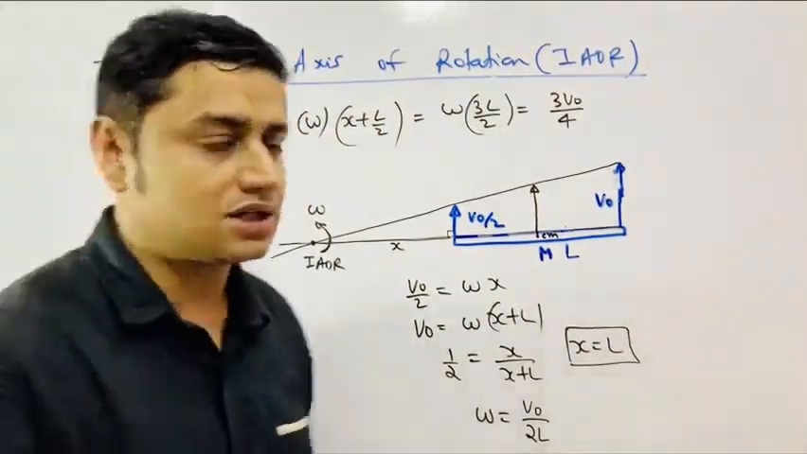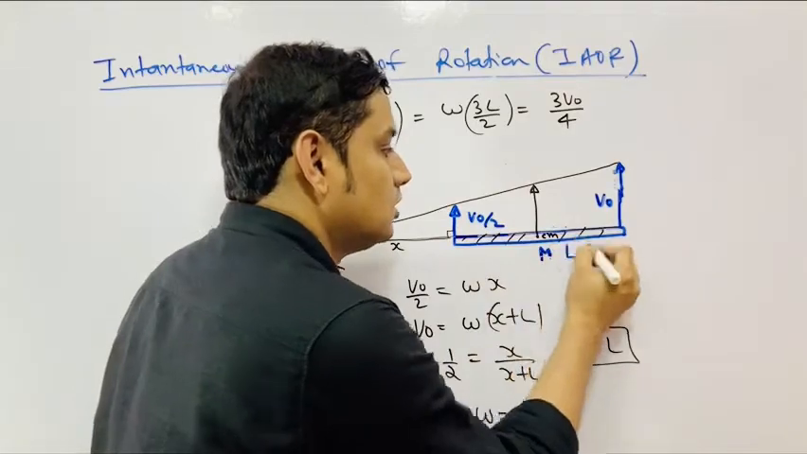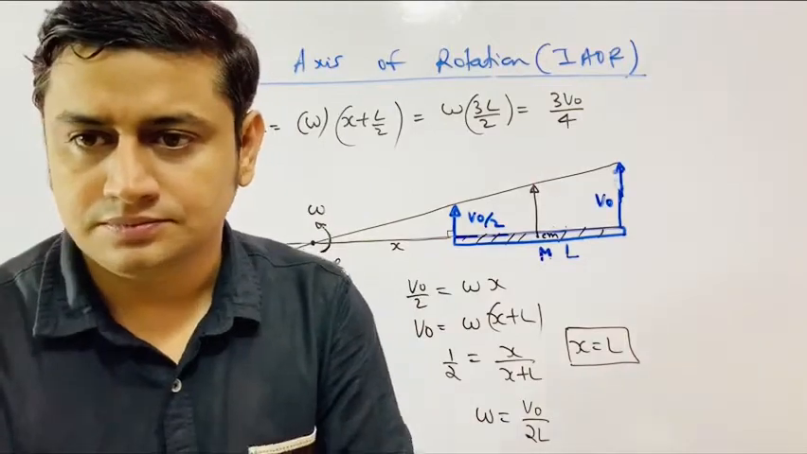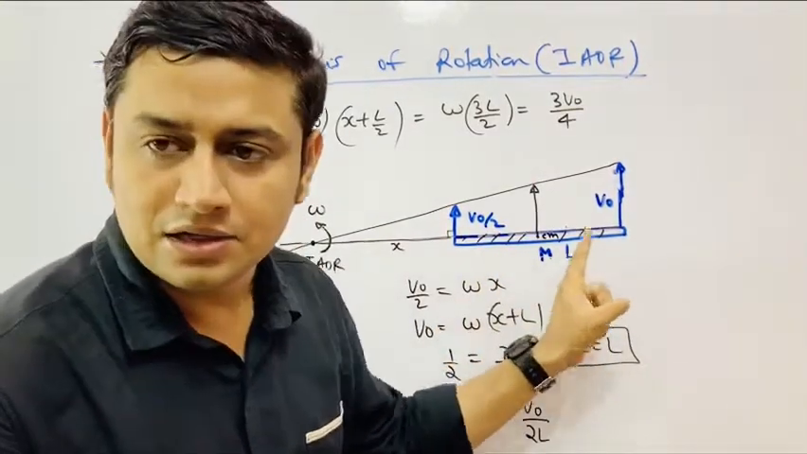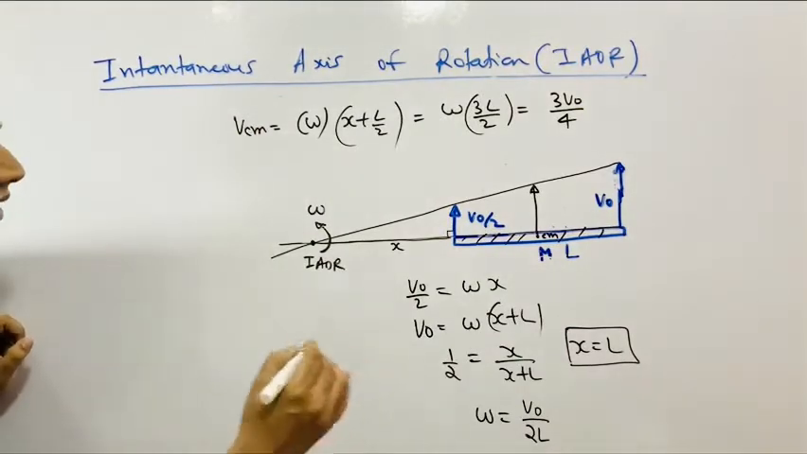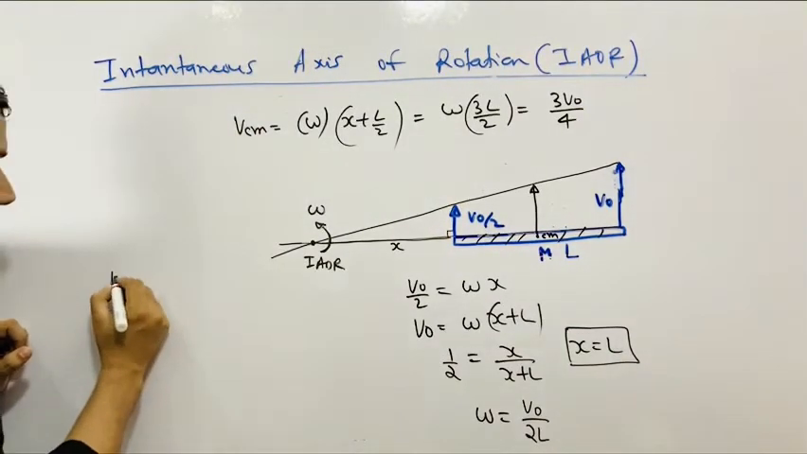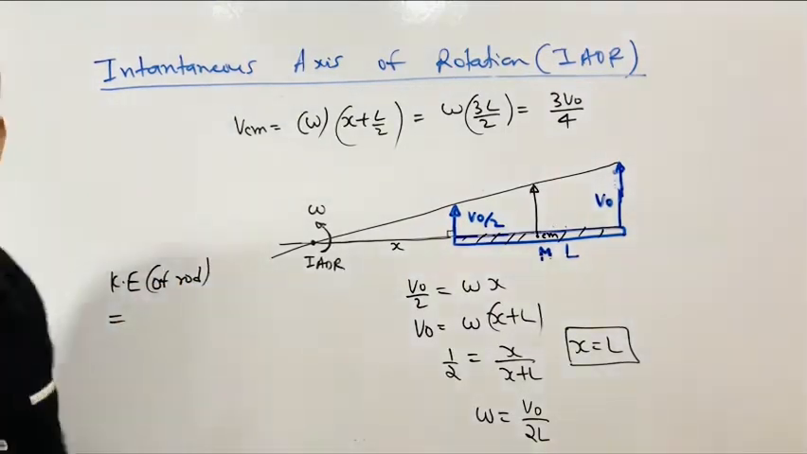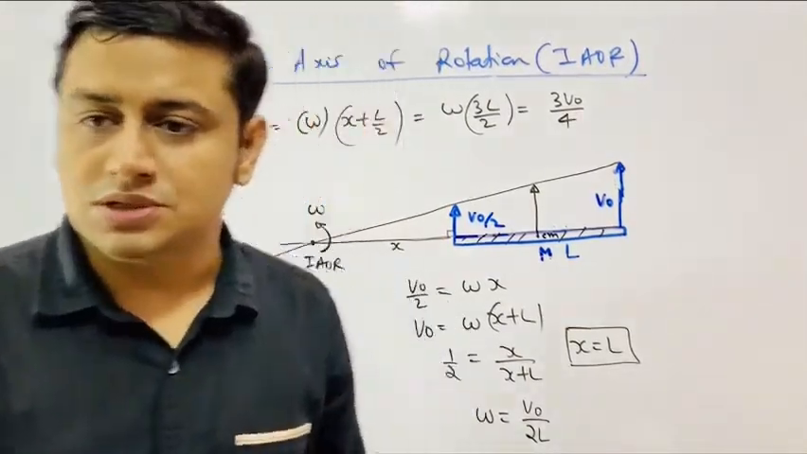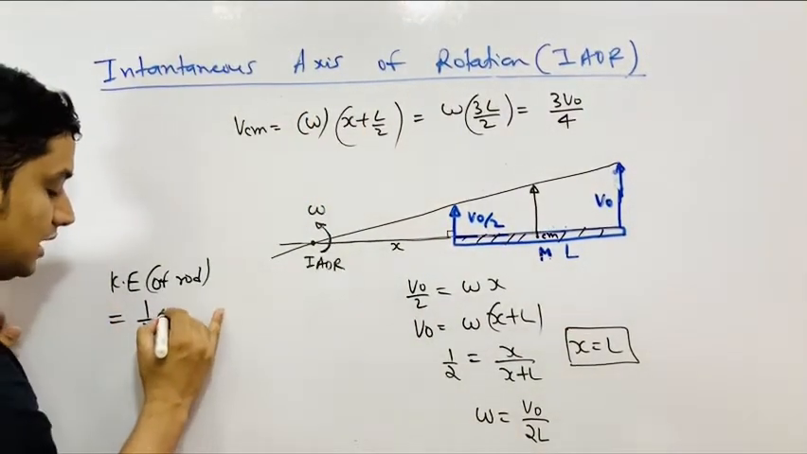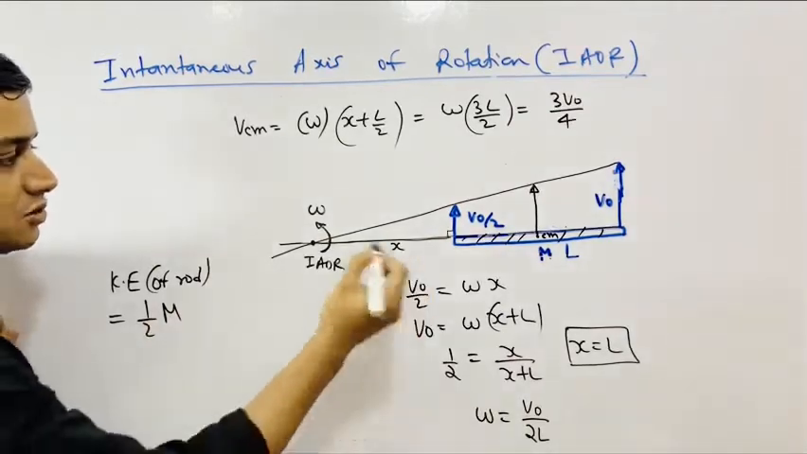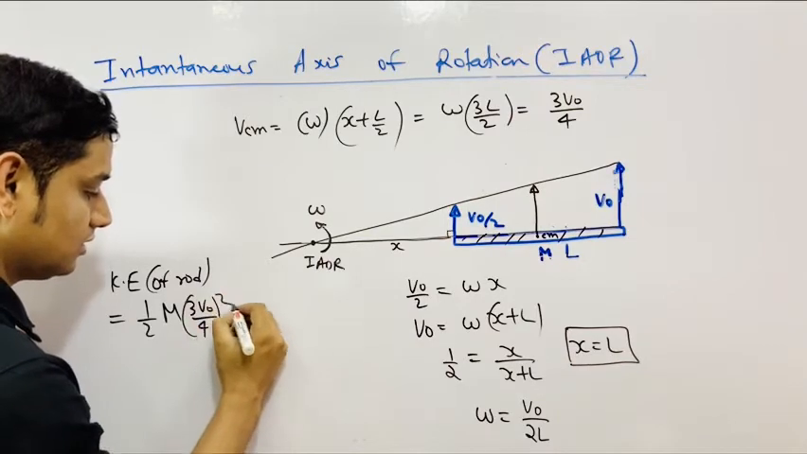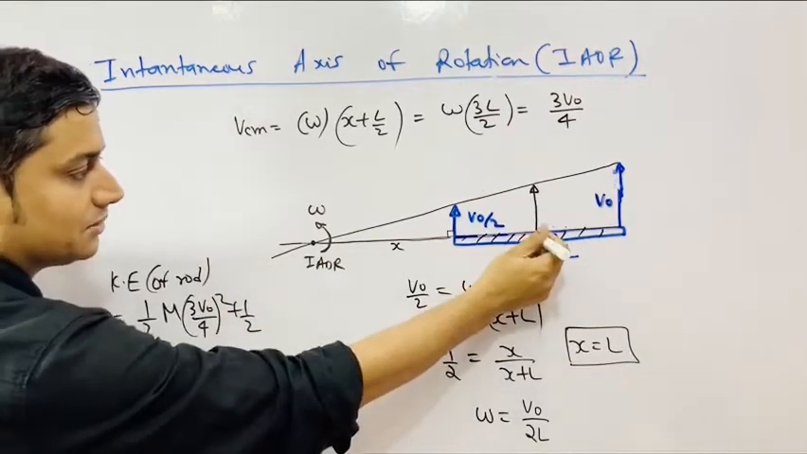Now suppose I have been asked, what is the kinetic energy of this rod? Now I have two methods and both are going to give me an equal answer. The first method is superimposition. Half m VCM square, where I have got 3 V naught by 4 whole square, plus half ICM